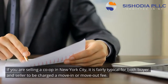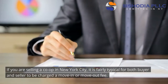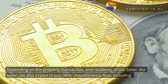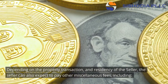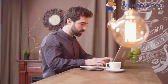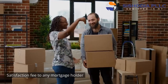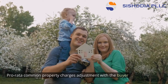If you are selling a co-op in New York City, it is fairly typical for both buyer and seller to be charged a move-in or move-out fee. Depending on the property, transaction, and residency, the seller can also expect to pay other miscellaneous fees, including a managing agent fee, satisfaction fee to any mortgage holder, pro rata common property charges adjustment with the buyer,